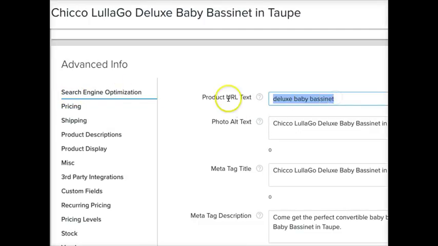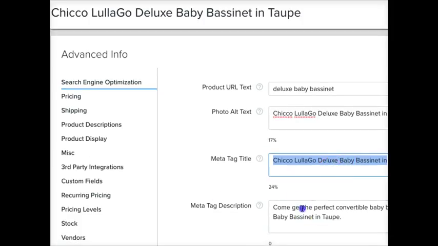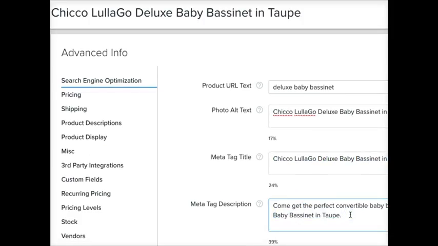we want that same keyword phrase to show up in our product URL text. We want it in our photo alt text, and we want it in our meta tag title. Okay, the meta tag description is not looked at anymore for search engine results placements. It's not something Google uses to rank you, but it's still a good idea to put something in there, because